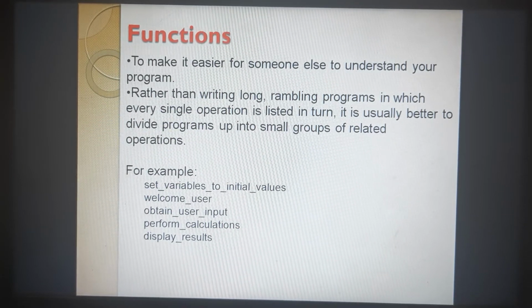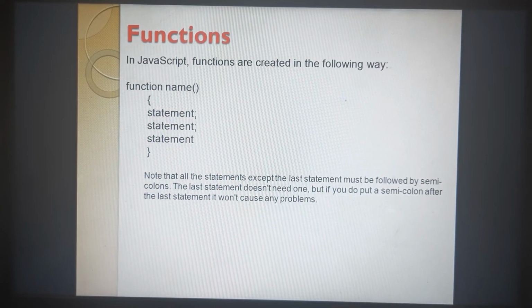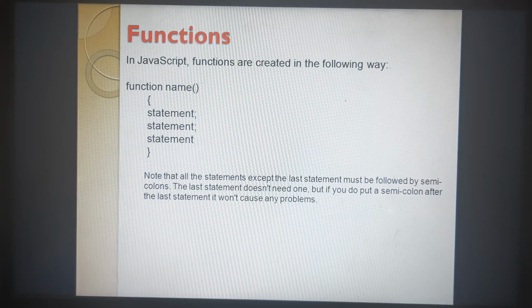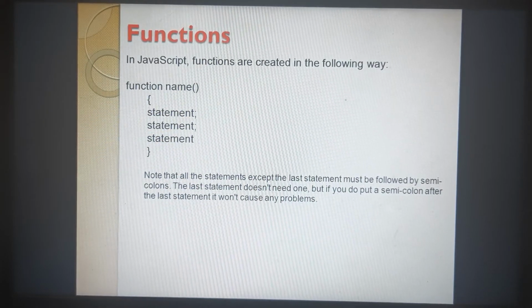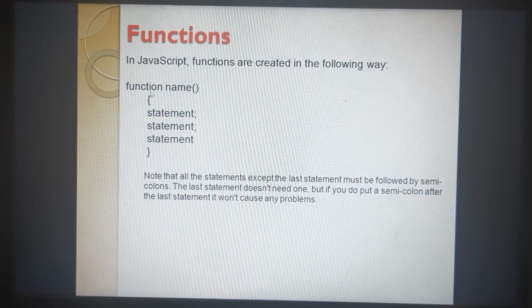Now in JavaScript also, functions are used to create mini programs, or pieces of code, or you can say subprograms. So JavaScript uses the function with the following syntax. As you see, there is a function name.